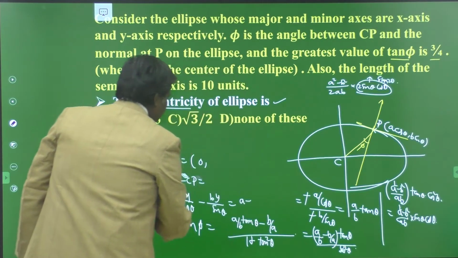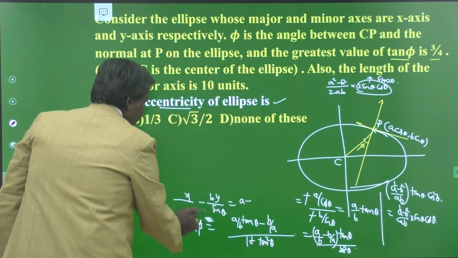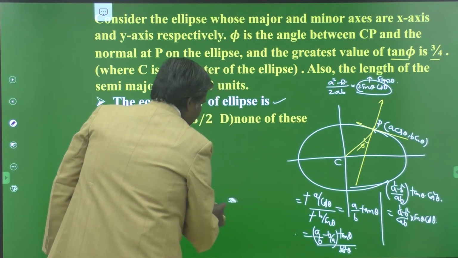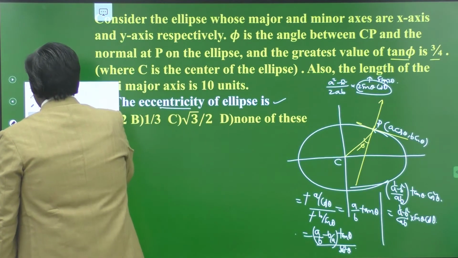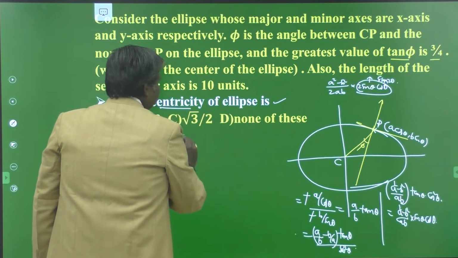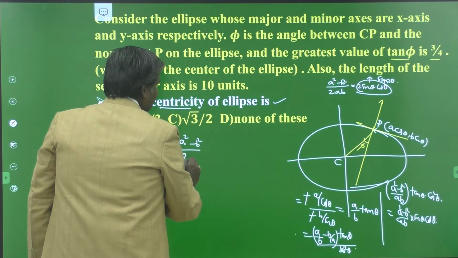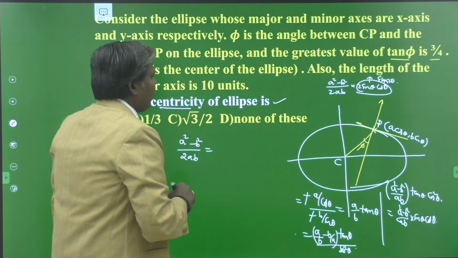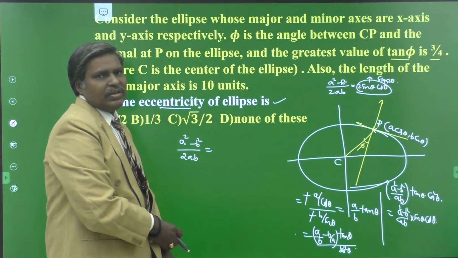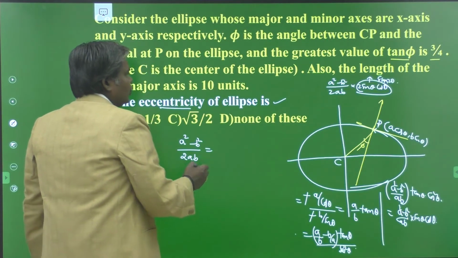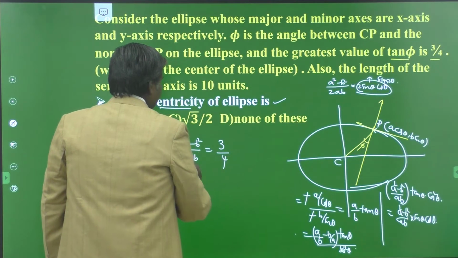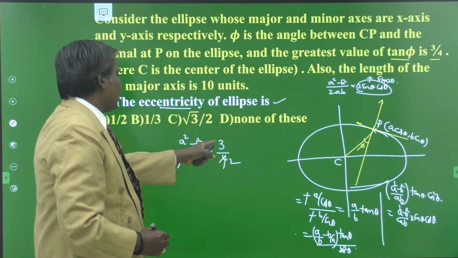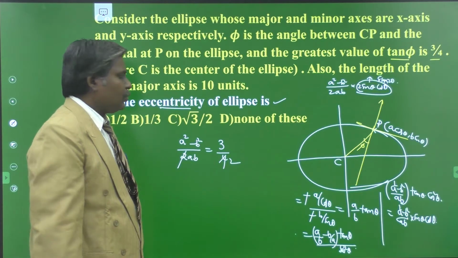Now we equate the maximum value to 3 by 4, and from that you have to find out the eccentricity of the ellipse. Okay. Now what is the maximum value? (A square minus B square) by 2AB, by taking sin 2 theta as 1, then only the maximum value is obtained, because the maximum value of sin 2 theta is 1. This is equal to 3 by 4, they are given to you. The 2 cancels out. (A square minus B square) by AB is equal to 3 by 2.